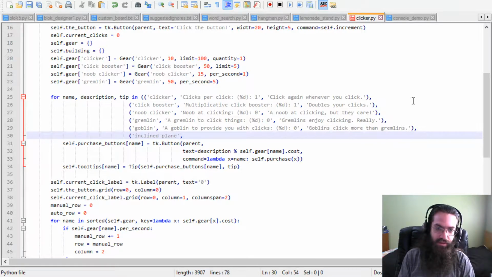Inclined plane, with observe clicks in slow motion. Now what I mean by that is